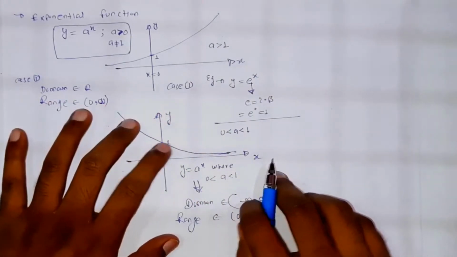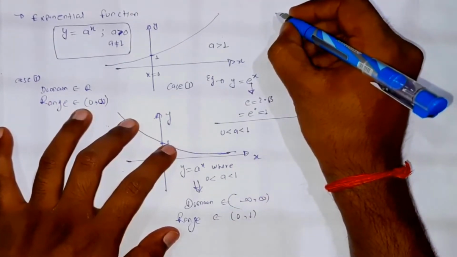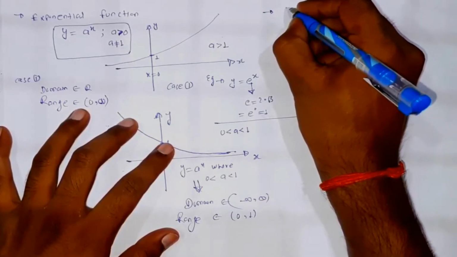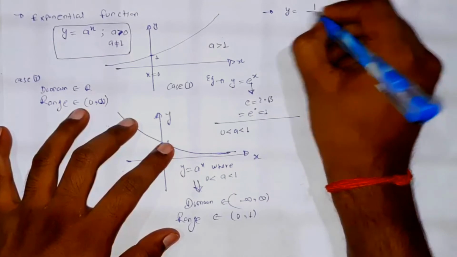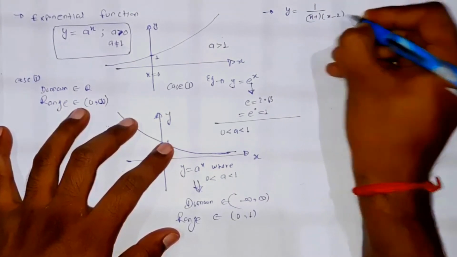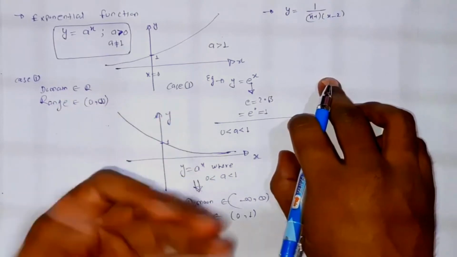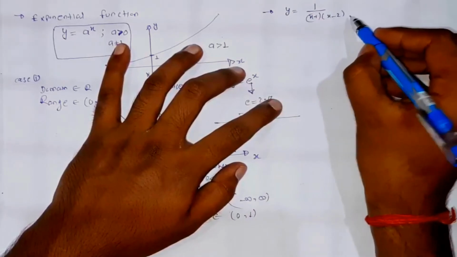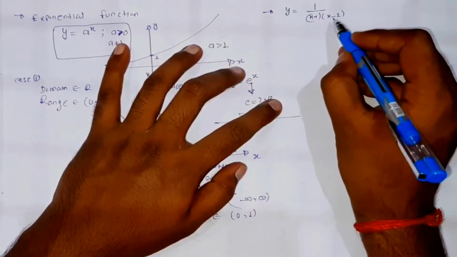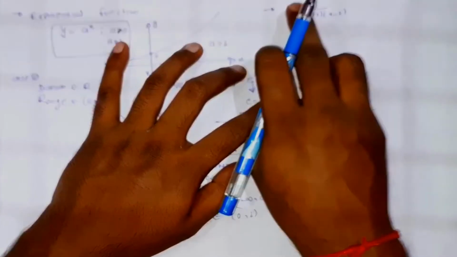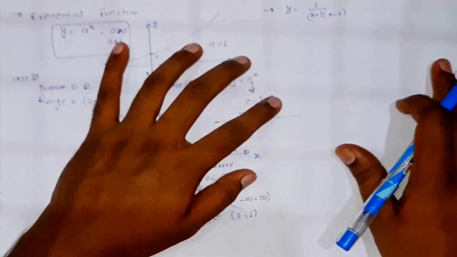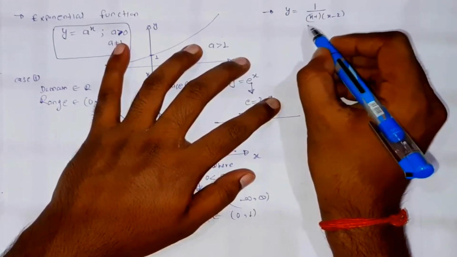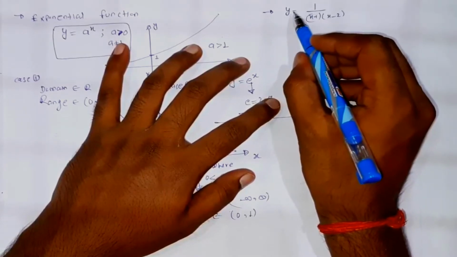Now I would like to take some examples based on the previous studies that we have already done. I am taking an example: y is equal to 1 upon (x minus 1)(x minus 2). We need to find the domain of this function. I know the graph of the inverse function y equals 1 by x; x should not be 0. So we need to find the values of x for which y is defined. Now we are going to calculate for what values of x this function is undefined.